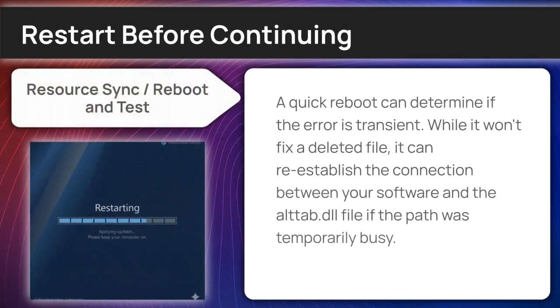A full system restart clears the temporary memory cache and allows Windows to attempt a fresh initialization of all required